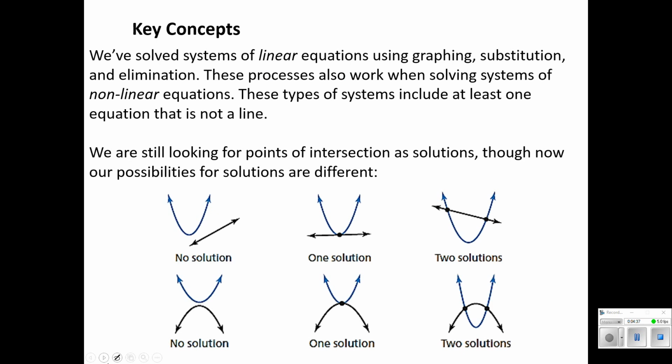All right, our key concepts for today. So the methods we covered in Chapter 1 for solving systems were graphing, substitute, or eliminate. And we can also use these when solving systems where the equations are not linear. We just need to be careful if we're using elimination that we don't combine like an x squared and an x term. So there are some little nuances here. When we substitute, if we have y equals something and we're plugging that into y squared, we may have to FOIL. So it's a little bit more involved, but the general process is really exactly what we would expect it to be.